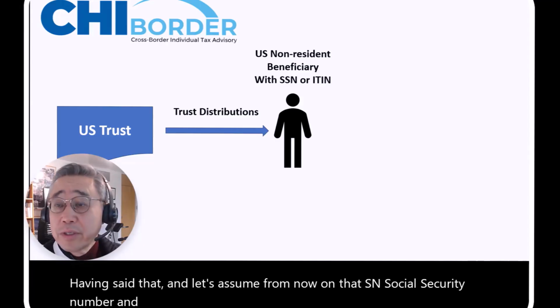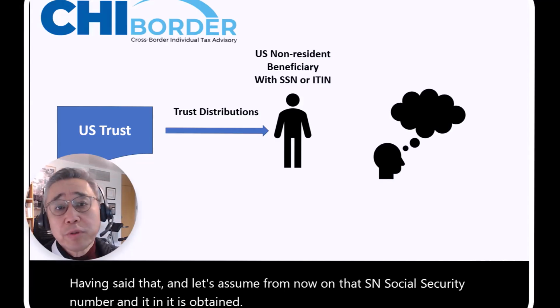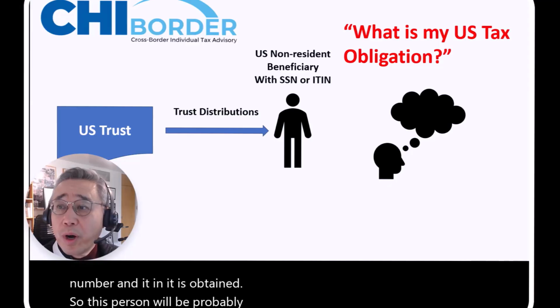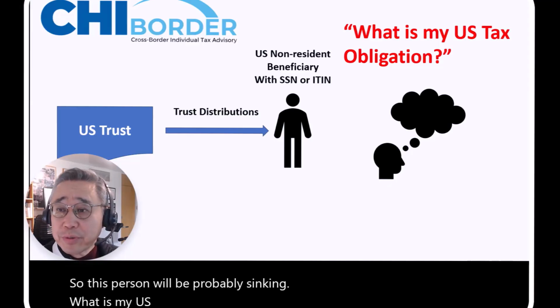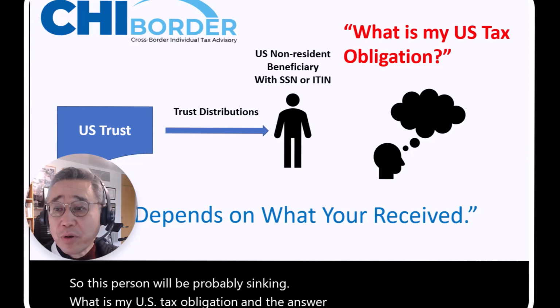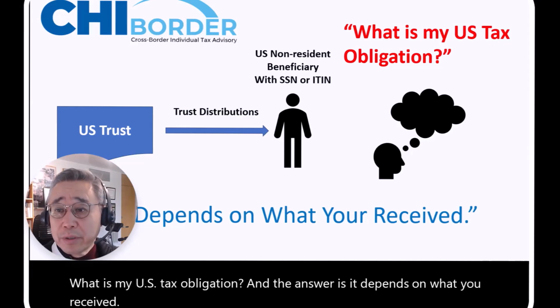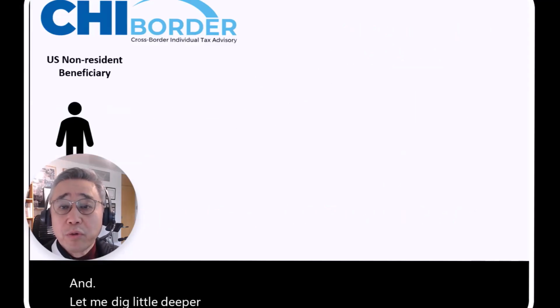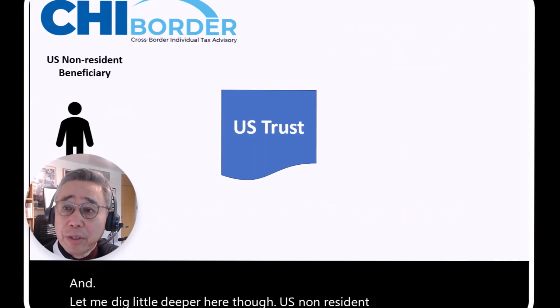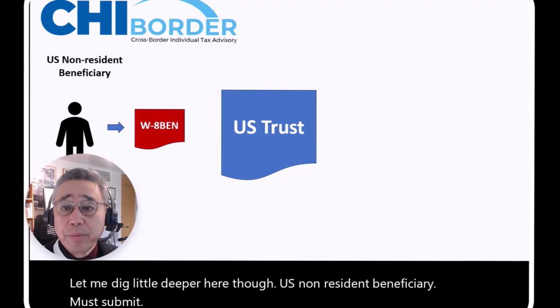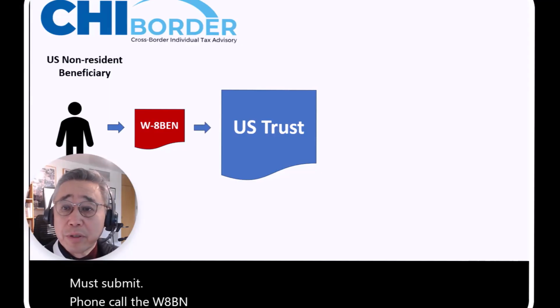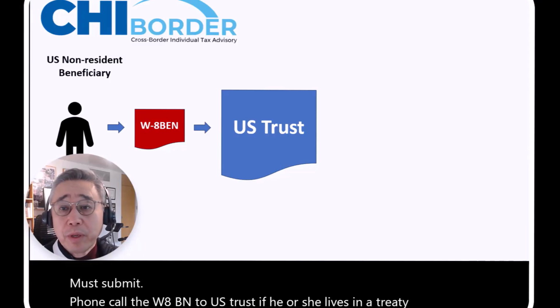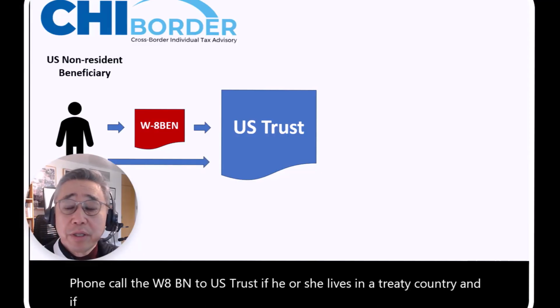So having said that, let's assume from now on that the Social Security number and ITIN are obtained. So this person will probably be thinking, what is my U.S. tax obligation? And the answer is, it depends on what you received. Let me dig a little deeper here. The U.S. non-resident beneficiary must submit a form called W-8BEN to the U.S. trust if he or she lives in a treaty country,